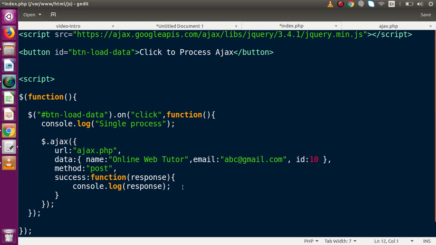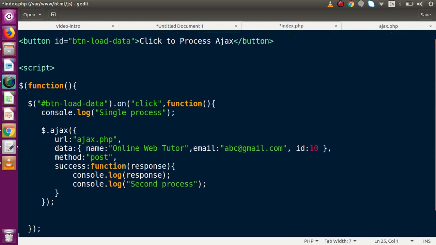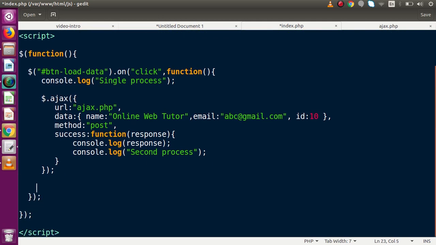Now inside this I'm going to bind, let's say, console.log, let's say second process. After the Ajax call, I am binding again a console.log, and let's say third process. Now if I save this file and run it in the browser, actually what we are expecting from this